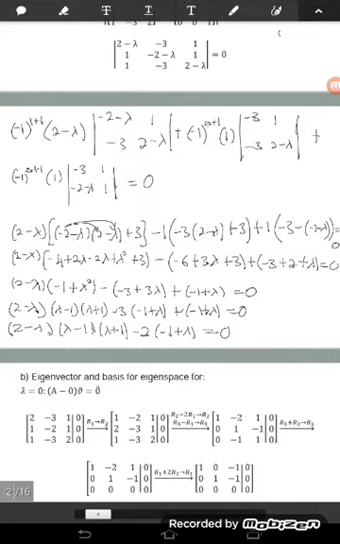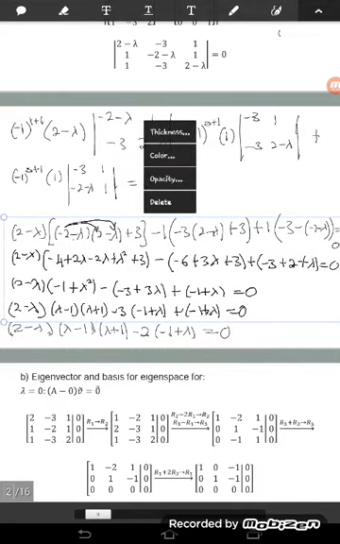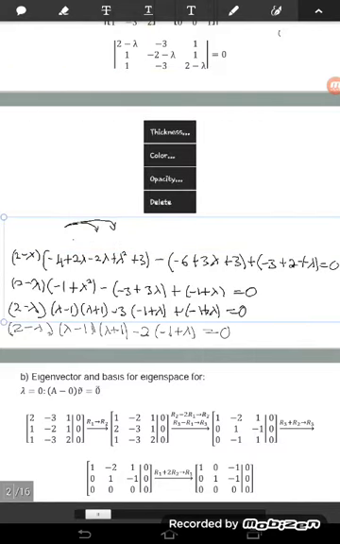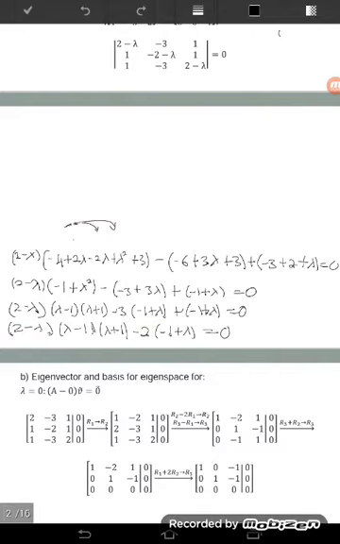Okay, so tak muat, saya delete dulu yang atas. Okay, so this one lambda minus 1 and this one negative 1 plus lambda, so actually this one also lambda minus 1. So saya tulis kat sini 2 minus lambda and lambda plus 1 and lambda minus 1, and then minus by 2 lambda minus 1, which is equal to 0.